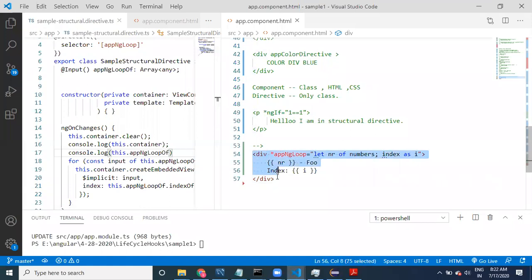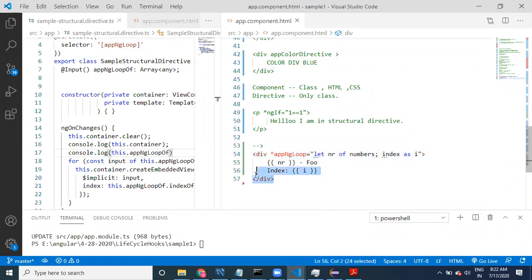This can be called as container. When we are entering into structural directives, I have to tell you the terminology.